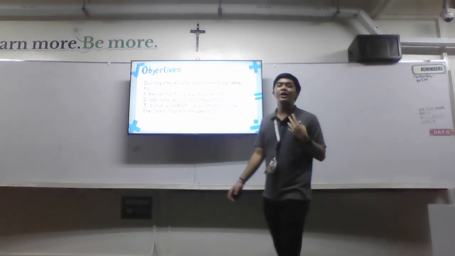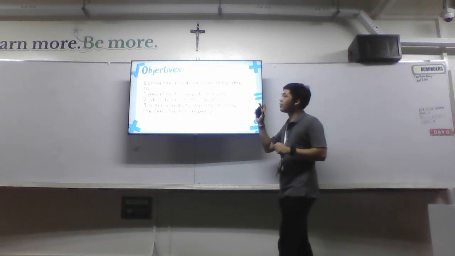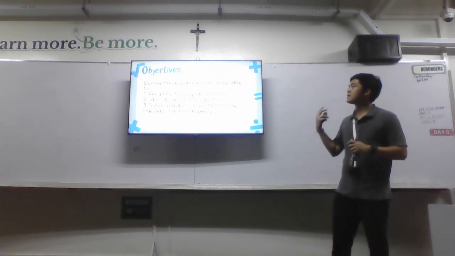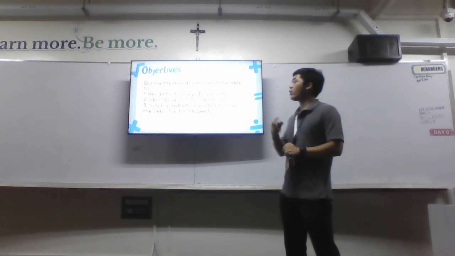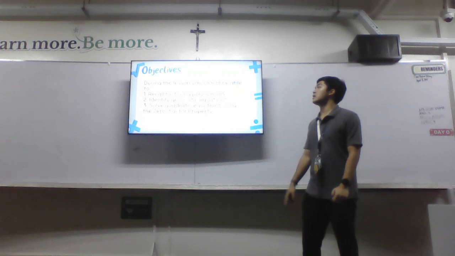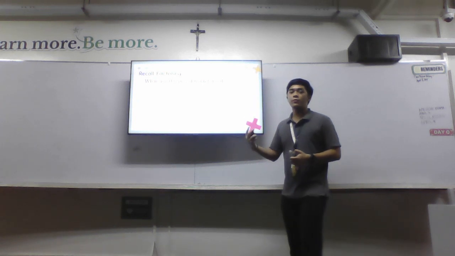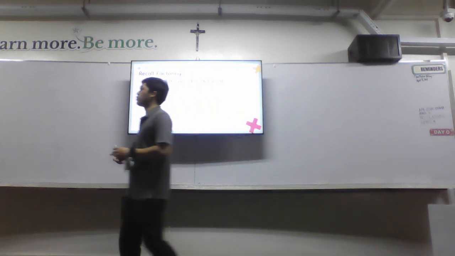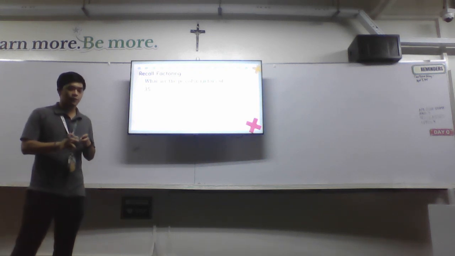So okay, now that our game is over, we're gonna go on to our proper discussion. The objectives of this discussion are that you will be able to recall factoring polynomials, identify quadratic equations, and solve quadratic equations using the zero factor property. So first, let's recall factoring. What are the possible factors of these? First, 35. What are the two factors that we can use to factor 35?